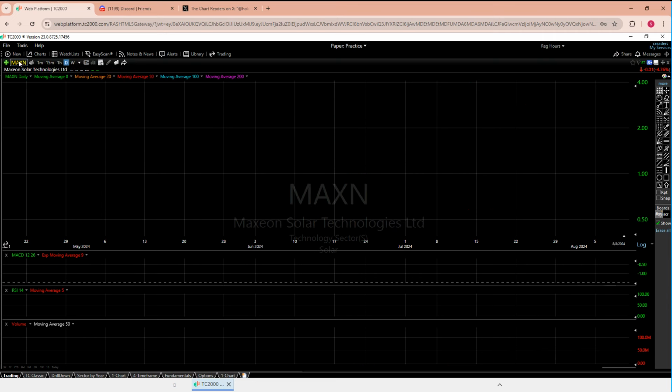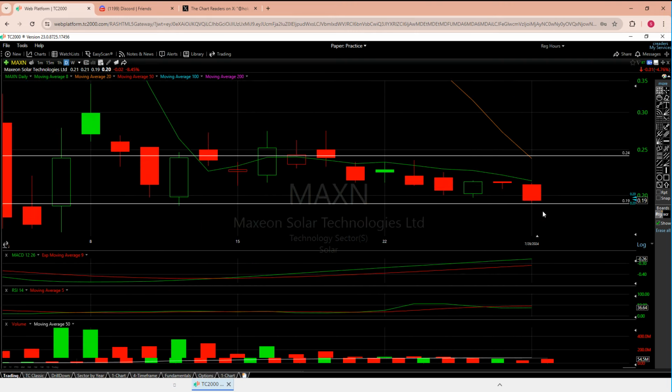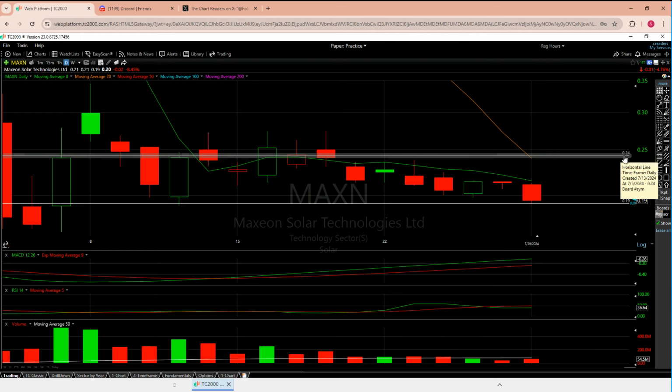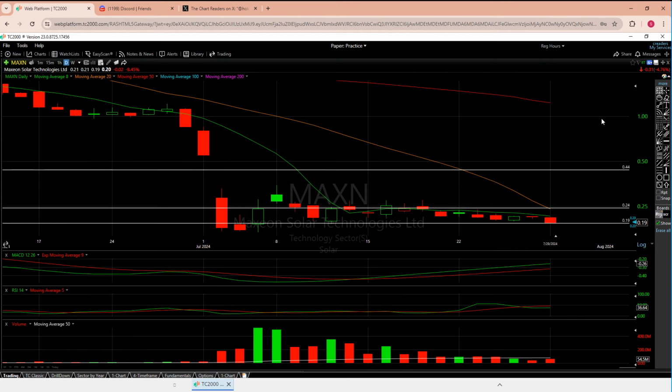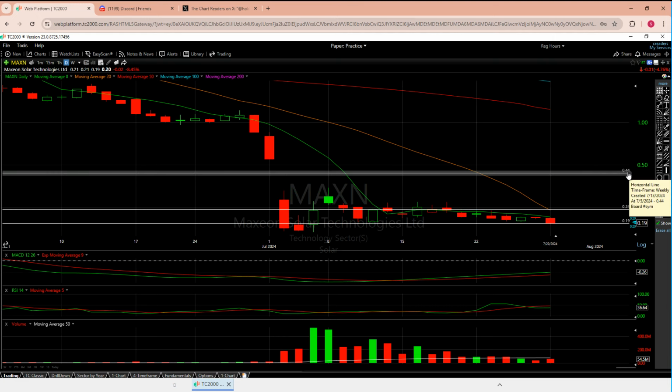Basically the exact same thoughts with MAXN. All right, we were hoping to get over the 8 and go to the 20. Couldn't get over the 8. Right here, we're basically at a point where they're both together, and I don't think I would touch this thing unless we can get over 24 cents. To some people, again, hey, maybe going from this 19 to something around that would be good. But me, I would rather get in over 24 and hopefully ride on our way on up to that 44